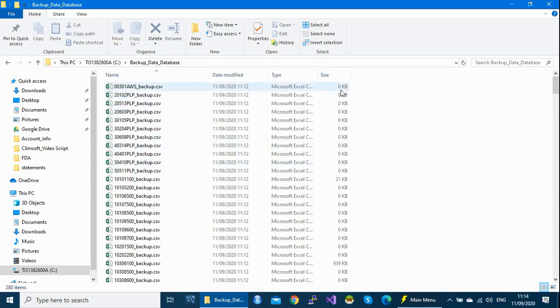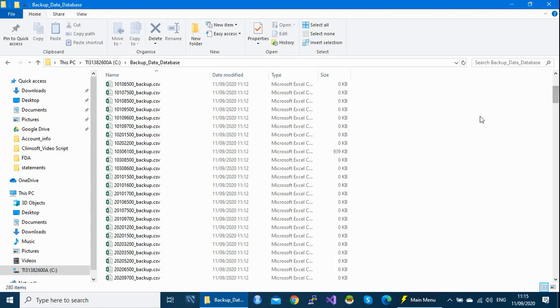There's some with 0 kilobyte, but like this one, you see that this one has got 21 kilobyte. If you scroll down, so many stations have got 0 kilobytes. That means there is no data at all for these stations. But others like this one have got data. So by looking at the file, you can be able to know the size of the data which a particular station is holding.